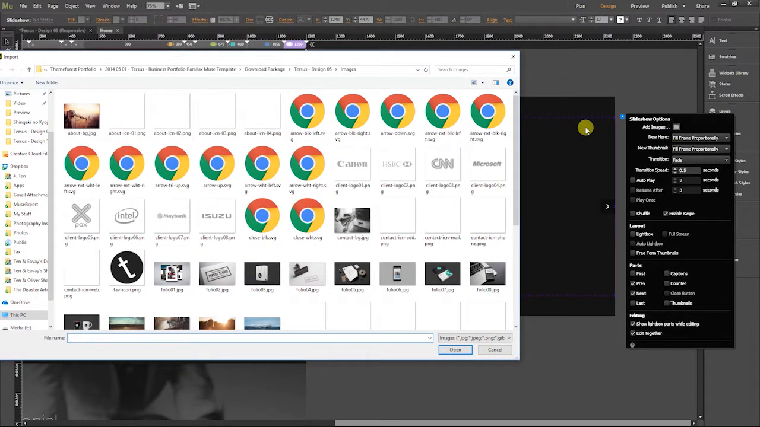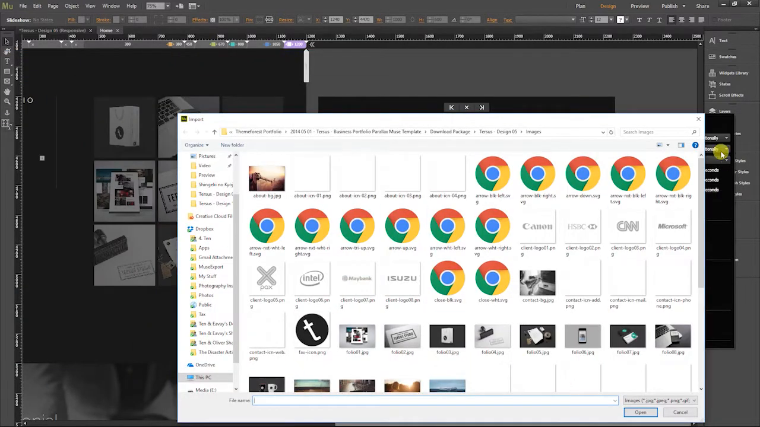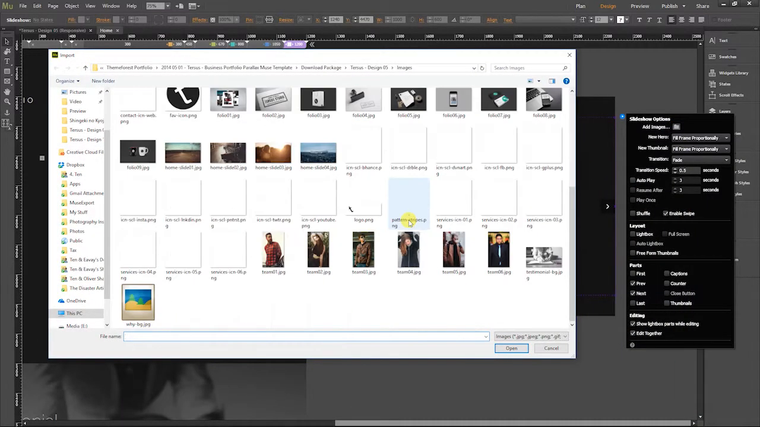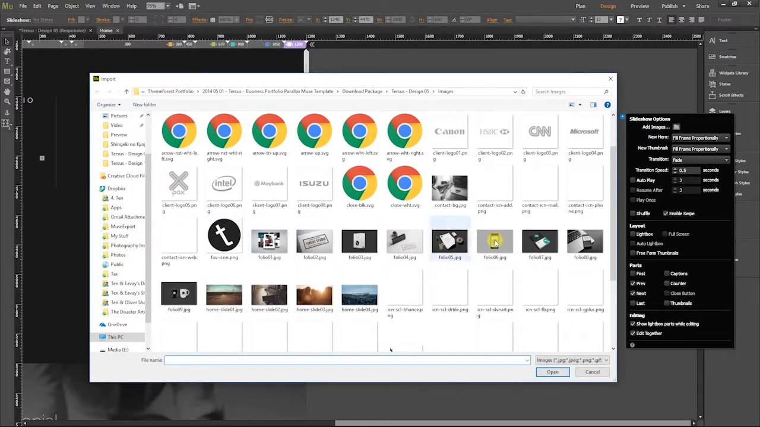You can see this button here because the slideshow is created with the slideshow widget, so it has this add images button. So you can add, I'm going to choose this one, 1 2 3 here,